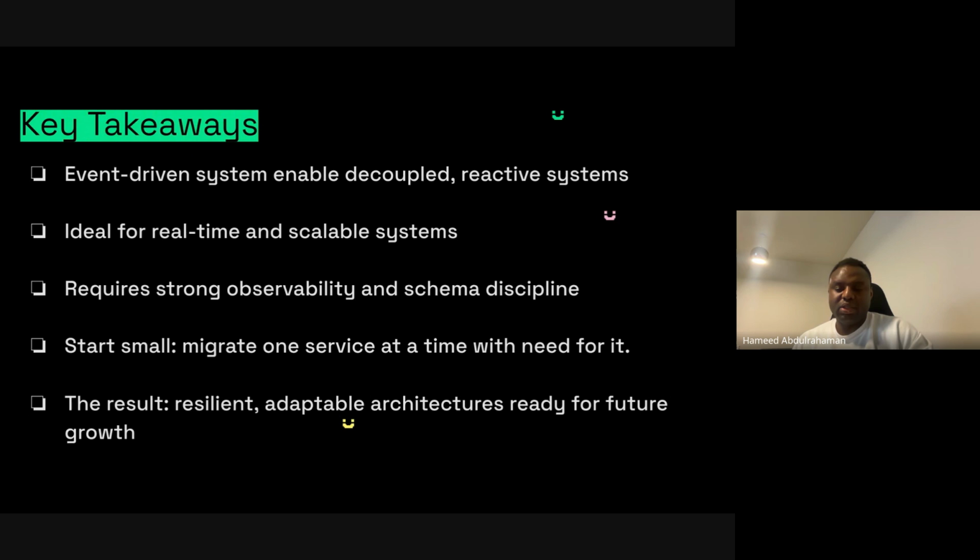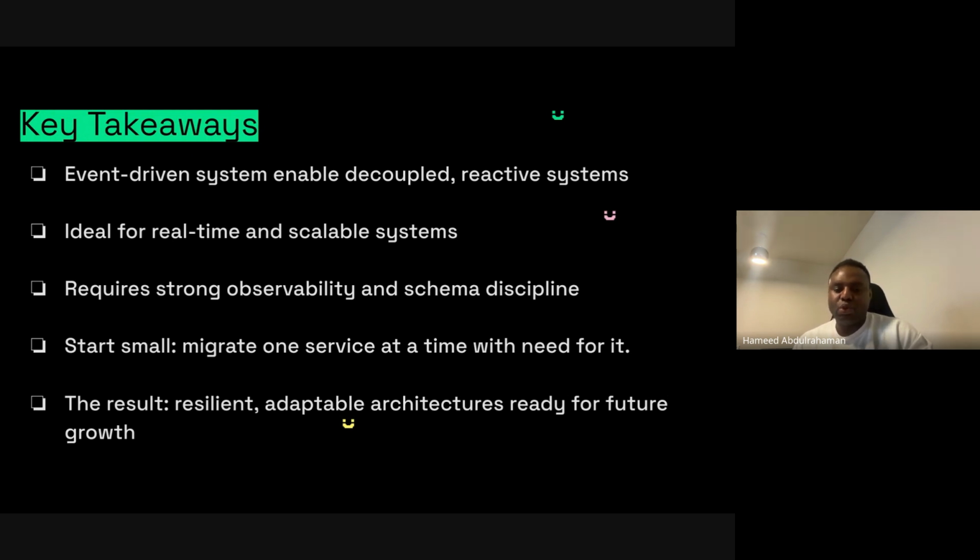And also do it when there is a need for it. The need is when you have a real-time system that you need to scale, a system whose workflow should be asynchronous, not just simple workflows. Otherwise, changing to an event-driven system is very much overkill. So you need to think about when there's a need for it. And if you're going that way, you need to think about migrating chunk by chunk, not the entire system at once. So you go service by service.